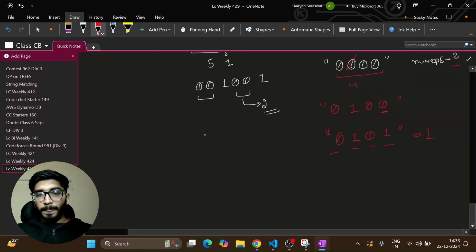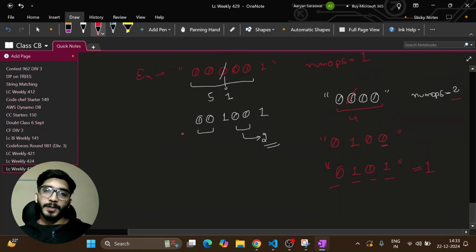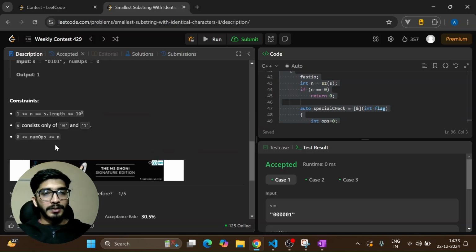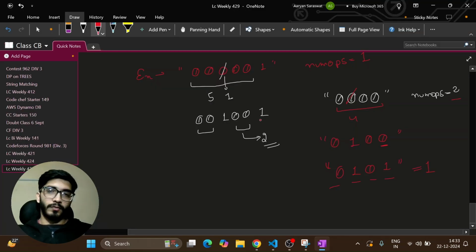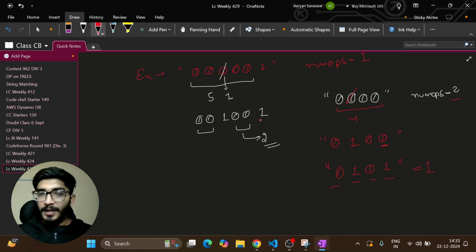So the main idea is that we cannot brute force this. Second thing is, if we see the constraints, it is 10 raised to the power 5. So we either cannot simulate the process, and similarly we cannot choose any DP kind of solution that we